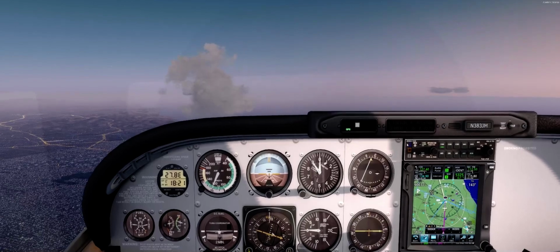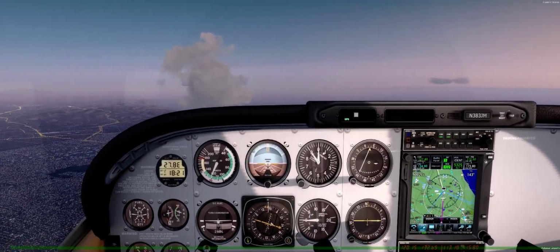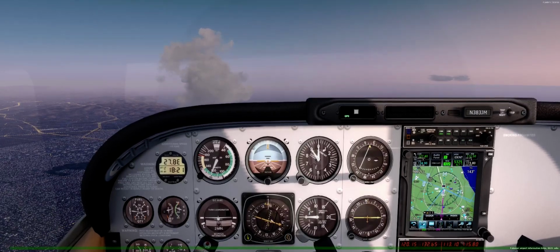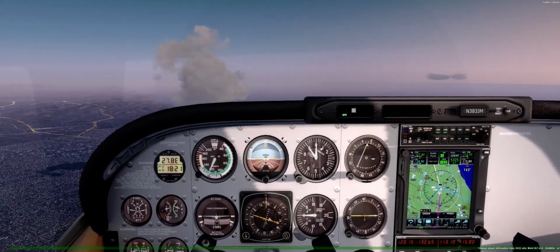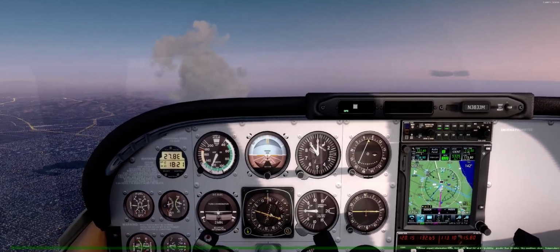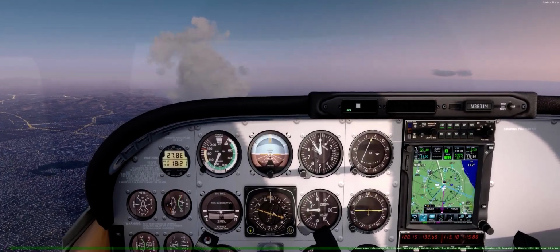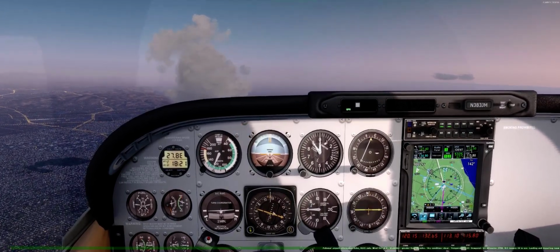Let's go ahead and see if we can pull up the weather for Palomar. Palomar Airport information Echo, 0121 Zulu, wind 267 at 4, visibility greater than 20 miles, sky conditions clear, temperature 21, altimeter 2990, ILS